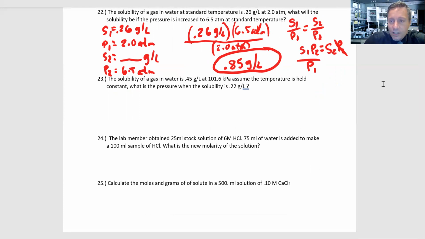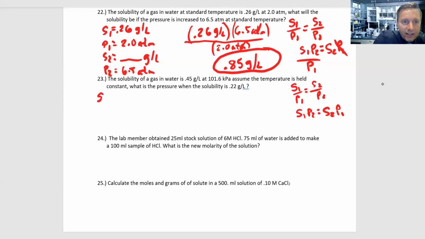So I will, once again, sort these always the same. I write down everything. S1, P1 equals S2, P2. And I go S1, P2 equals S2, P1. Now I come over here and I write down all my variables. S1, P1, S2,